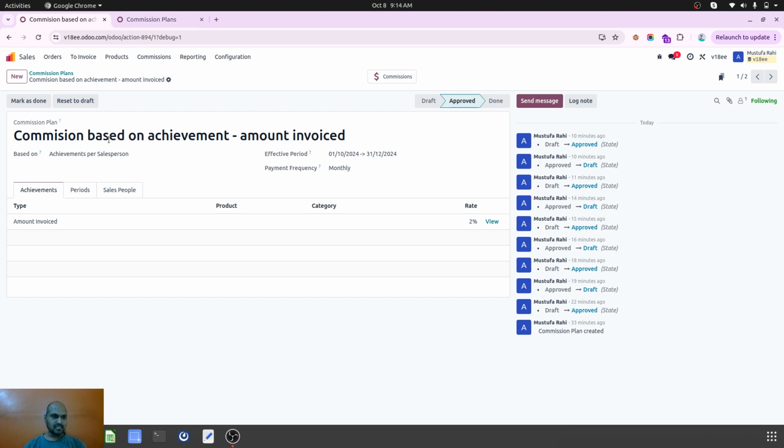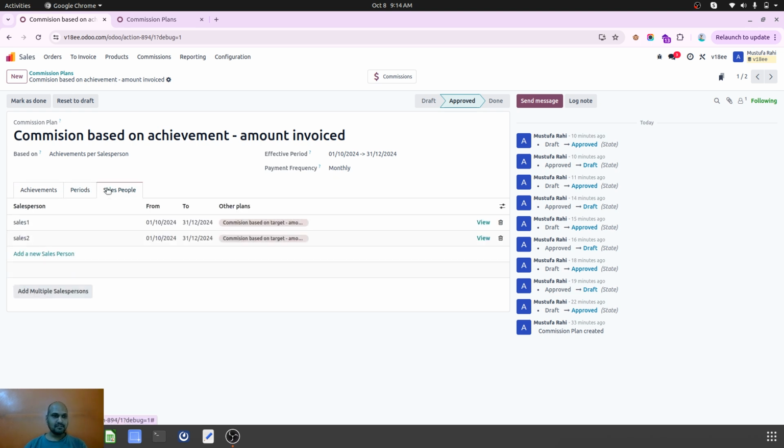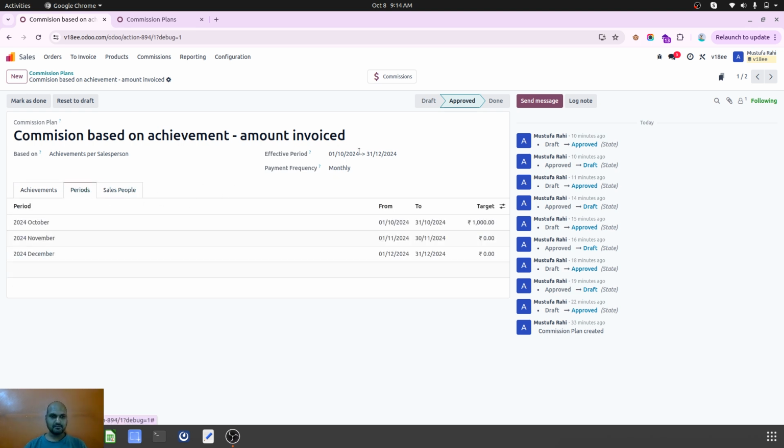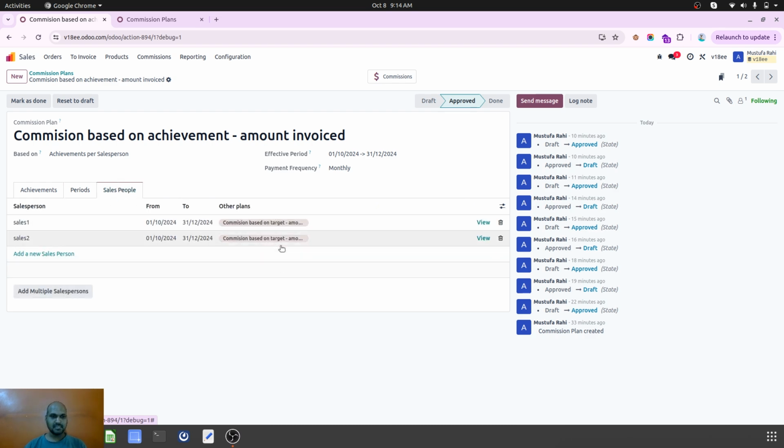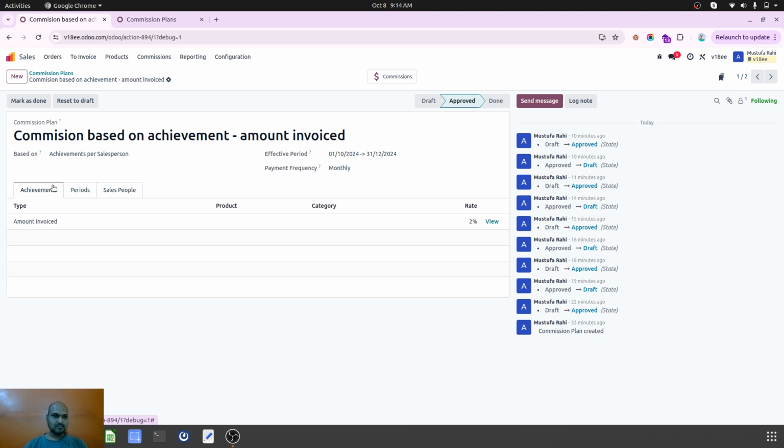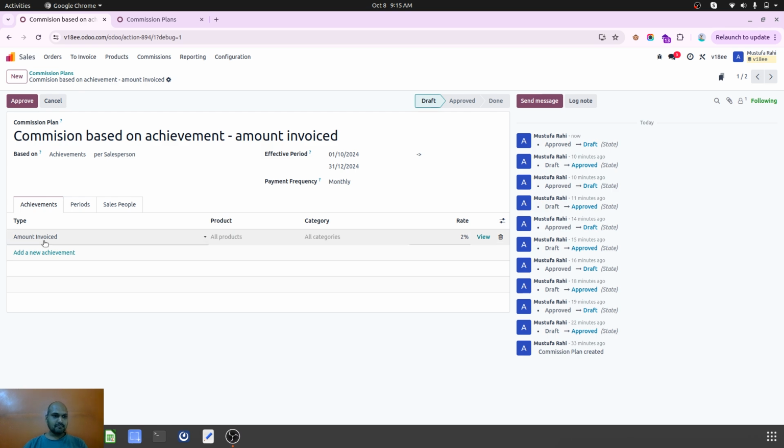I would like to plan to calculate commission based on achievement, and the type is amount invoiced. So you can see over here there are different calculation methods which we can apply during the duration, and payment frequency would be monthly, and then we can define the period automatically from this duration, and we can add multiple salespeople into it. So when I say calculate based on amount invoiced, that is the first video I am going